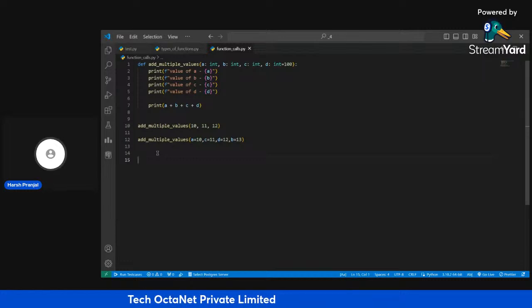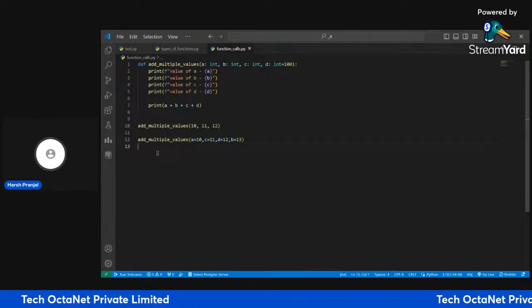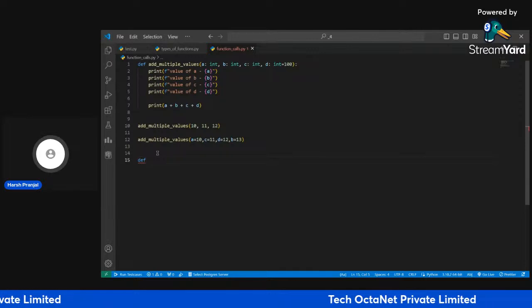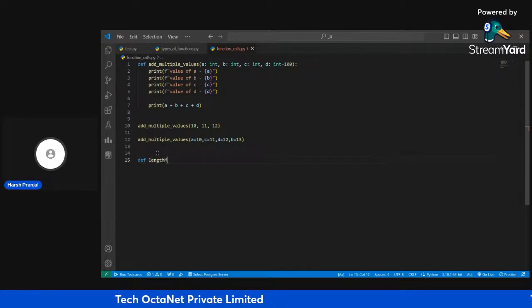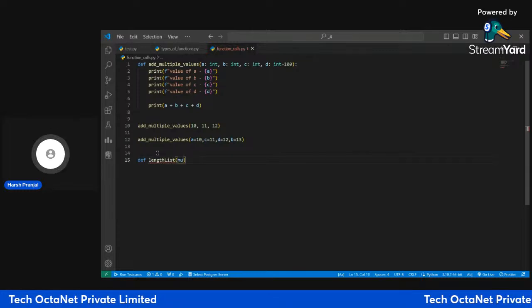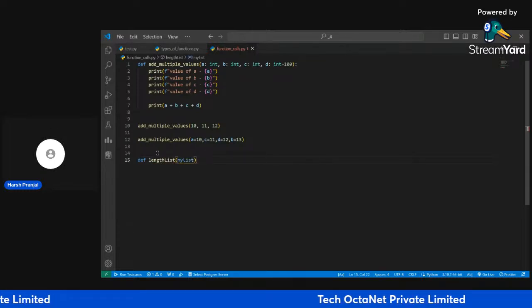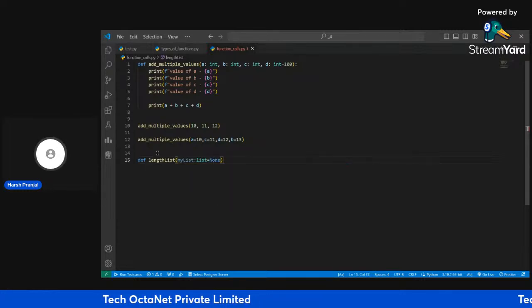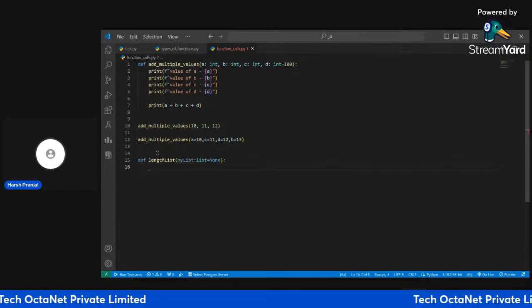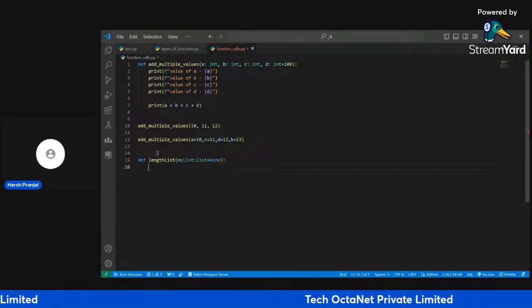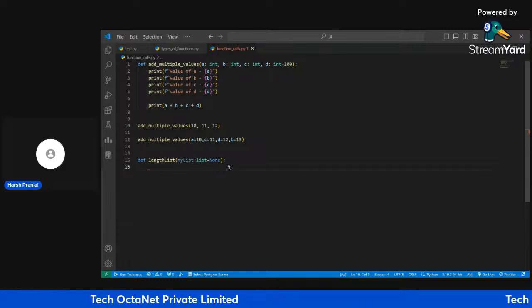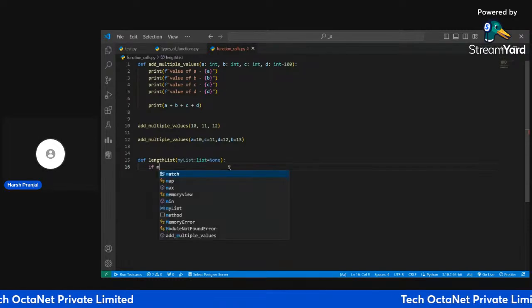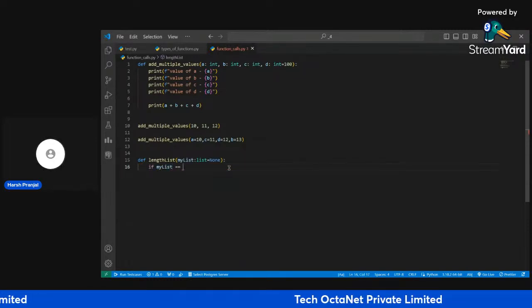There is one very good predefined function in Python. I've shown you an example where I have to calculate the length of a list, right? And we are expecting a list. Let's provide it a default value of None. None is null, and null means nothing. It means if no value is provided, take list as nothing. So let's do: if my list is double equal to None,